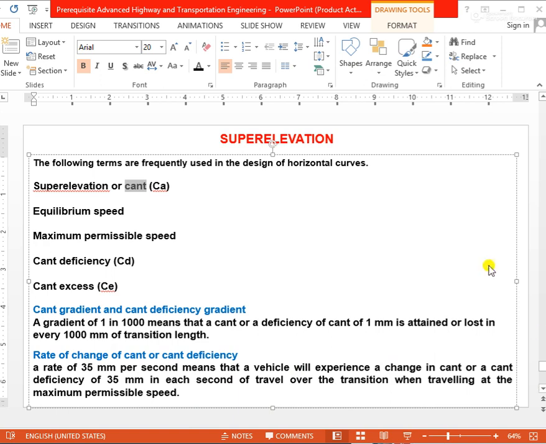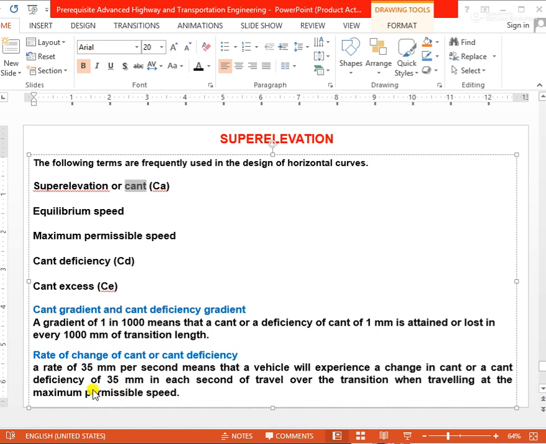So the train with its maximum permissible speed will experience a change of 35 mm in each second of travel over the transition. This is the value, suppose as an example 35 mm, which the train will feel in each second